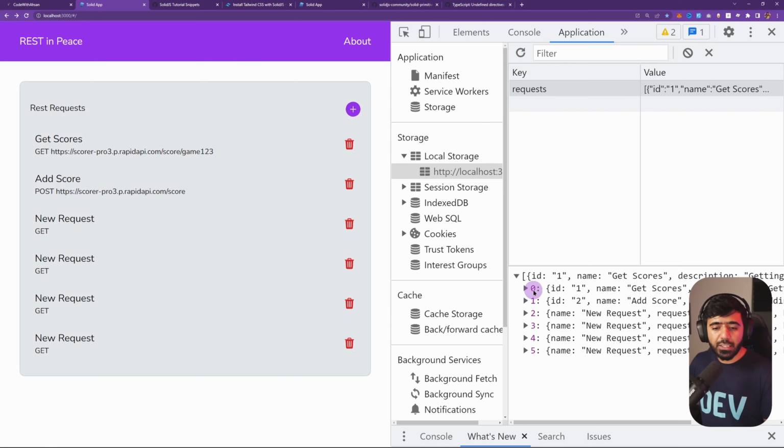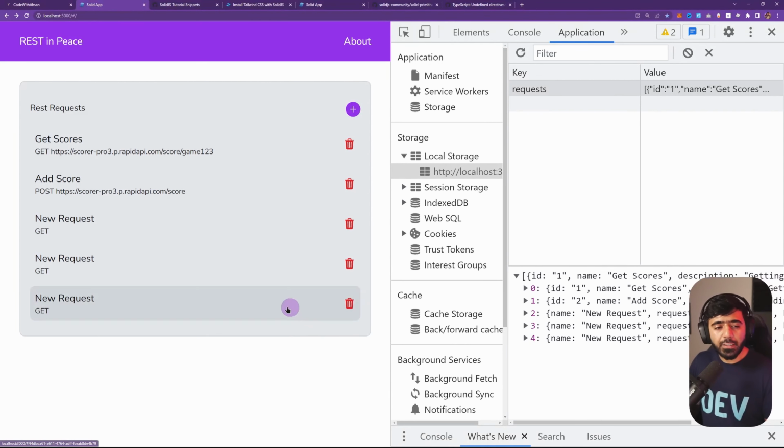So in this case, you can see that we've got 6 items, with the last one being new request. And if I hit delete here, you can see that it got deleted from the storage as well as from the UI. And now the final thing we want to do is to not show them all the time, because I don't think that everyone wants to delete the request all the time. So it should only be shown when you are hovering, so the user has an option,